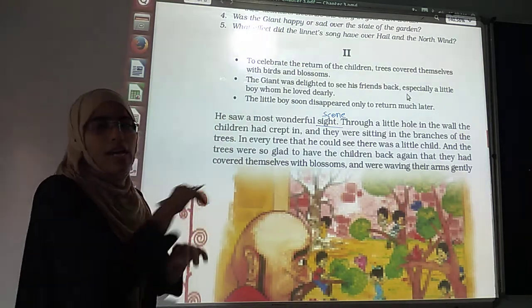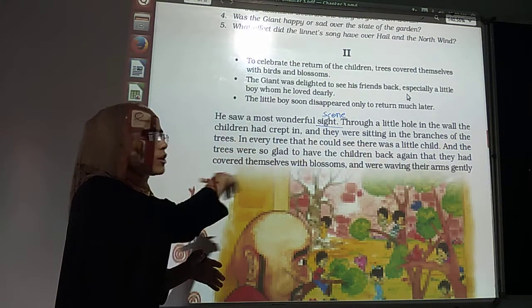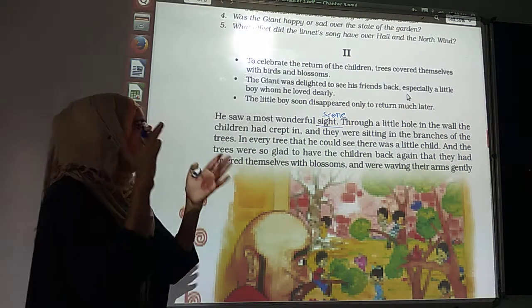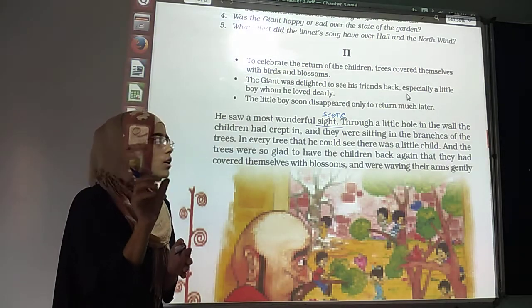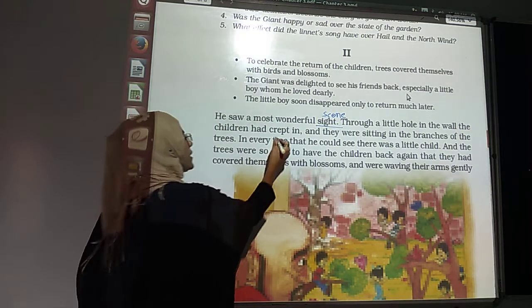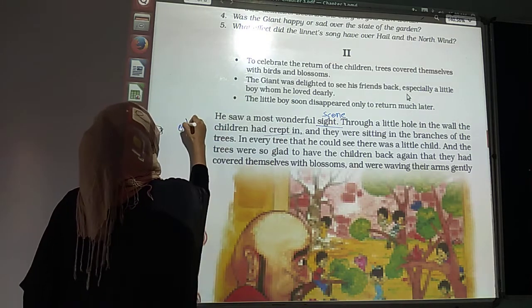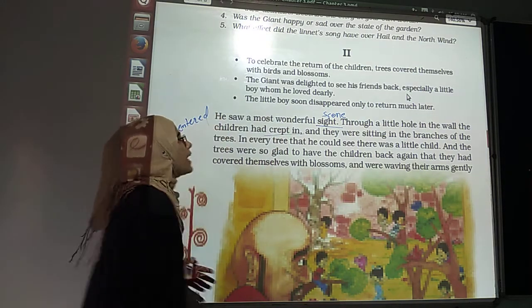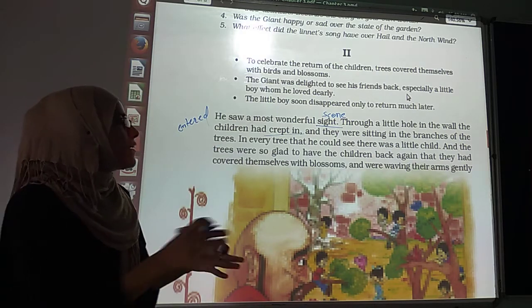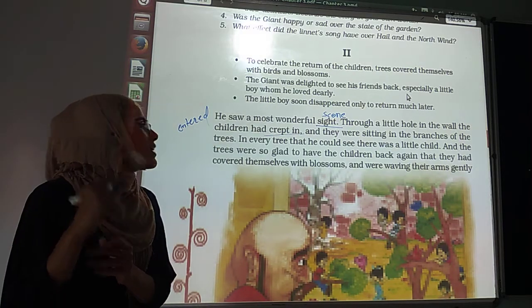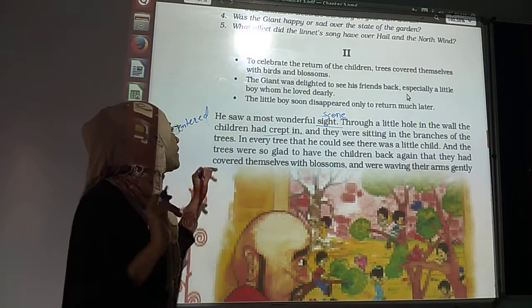He saw that in the wall he had built around his garden, there was a little hole, and through that little hole children crept in. Children entered the giant's garden, and they were sitting in the branches of the trees, playing here and there.